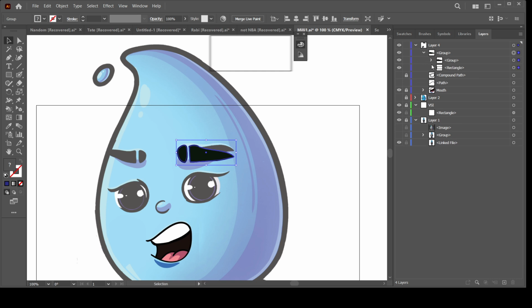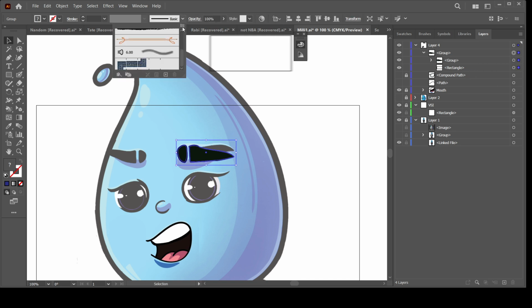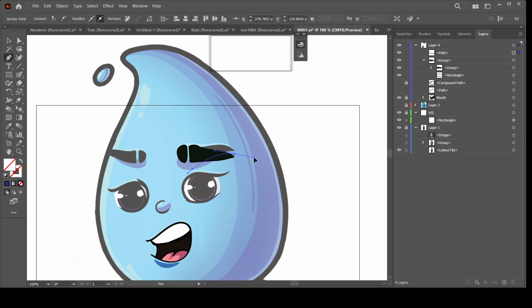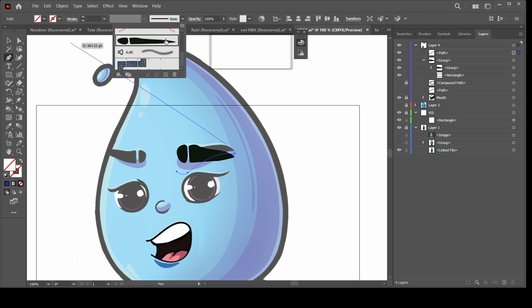But you cannot convert a live paint into a brush, so you have to expand it. So I'm going to select this and expand, and after that I can select it and come here, select and click Add Brush, and then now we have our brush. So now I could just do something like this to get an angry brow, and then select, turn it into a brush,